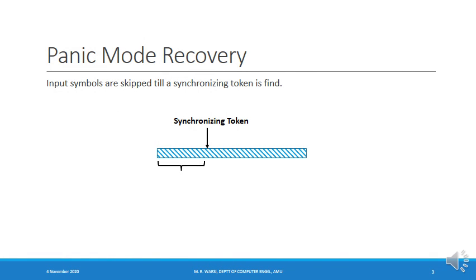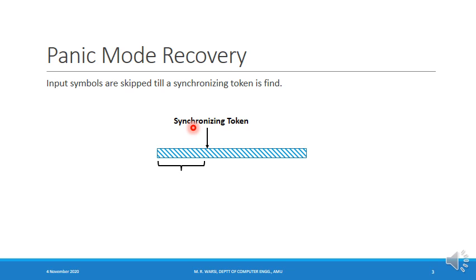Let us now turn our attention to error recovery. In order to recover from the error, we try to eliminate the erroneous part from the input buffer. So if we are currently parsing an expression, and an error is there in that expression, we try to eliminate that expression from the input buffer. If we are currently parsing a statement, and an error is there in that statement, we try to eliminate that statement